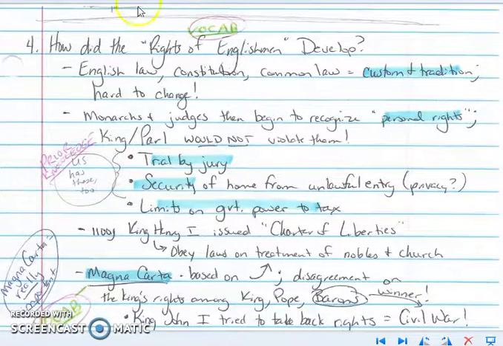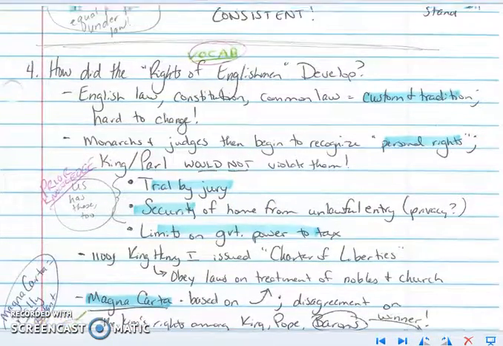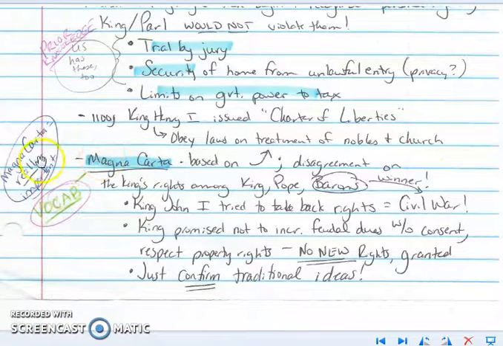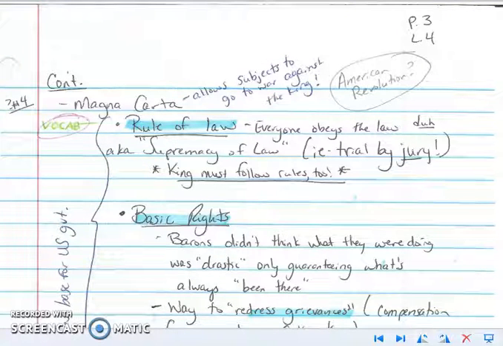Question number 4, I highlighted custom and tradition, personal rights, trial by jury, security, and limit on government's power to tax, because that brings us into the things that the United States has that links us to prior knowledge. And again, I also highlighted the Magna Carta, and obviously noted that Magna Carta is really, really important because it's mentioned so many times. And also, I've gotten to page 3 about how the Magna Carta is broken down into